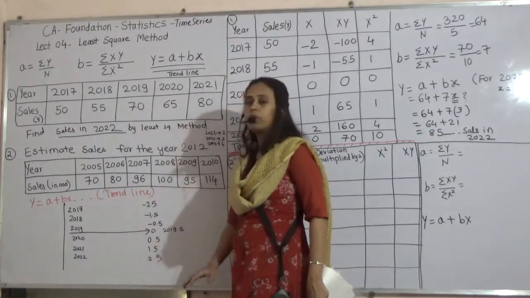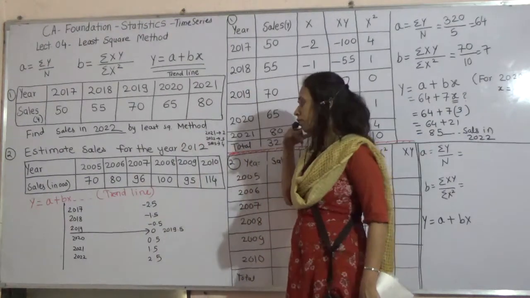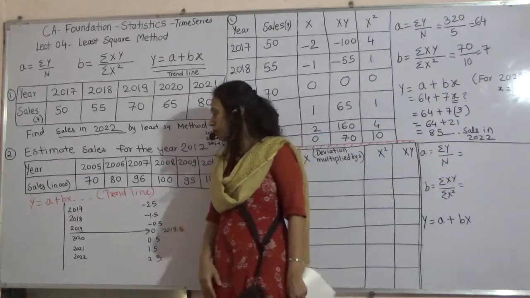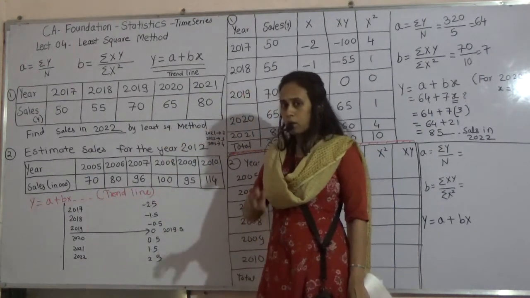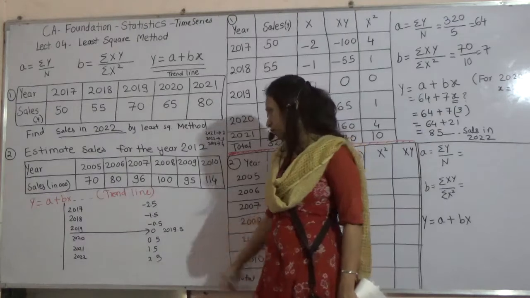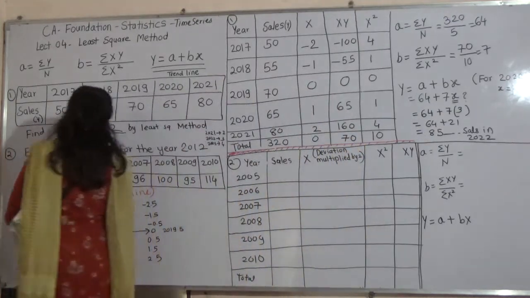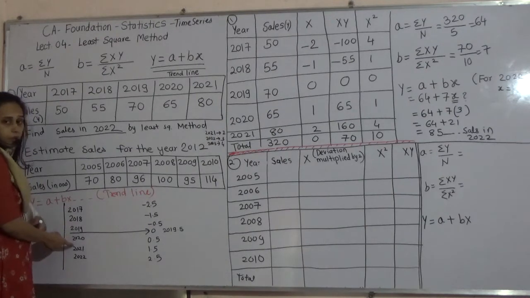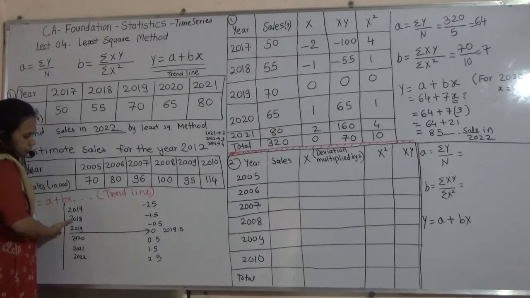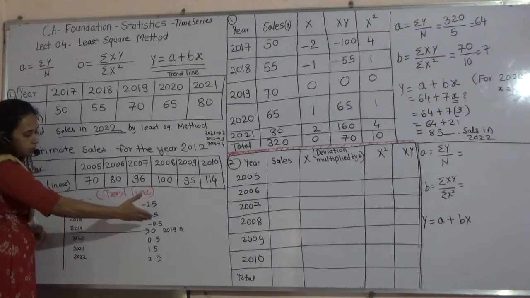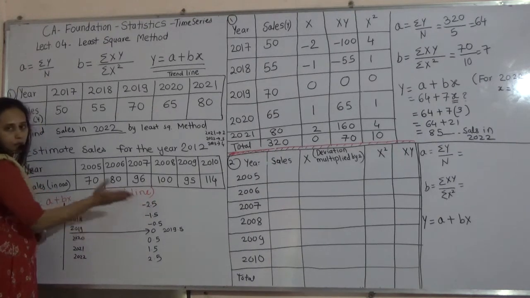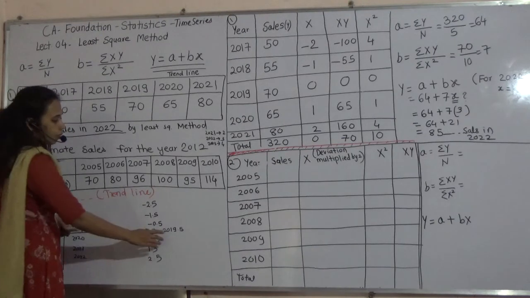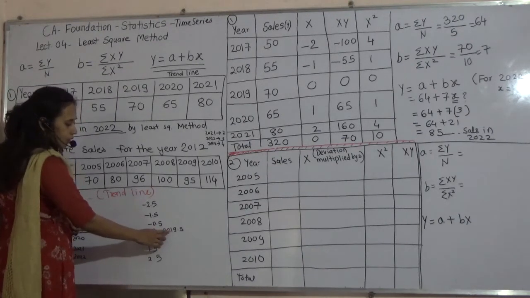For even we don't have middle one. Okay, for 5 figures there was middle year, but here there was no middle year. So in this method, where to put 0, I will show you how to calculate that. See, 3 years are there and here 3 years. Between 2019 and 20 I have done the half part, 50%, and there I have written 0. So my middle year will be